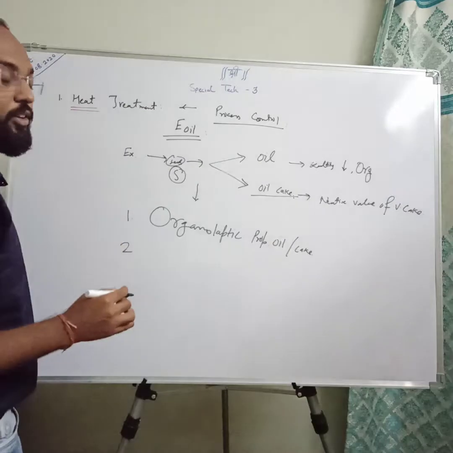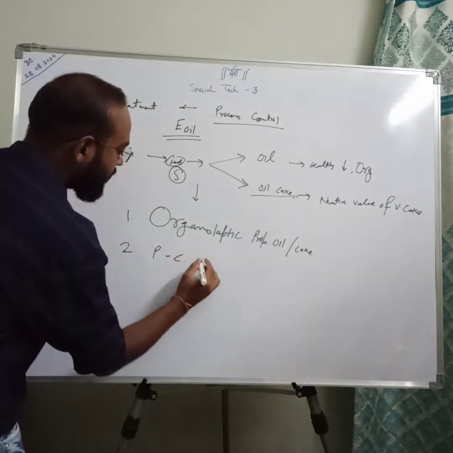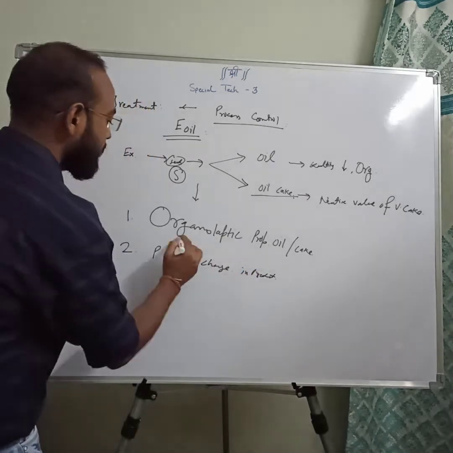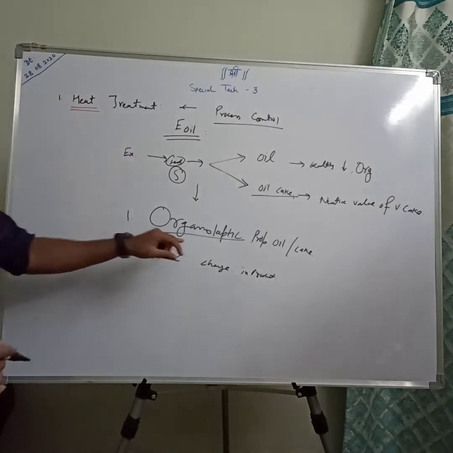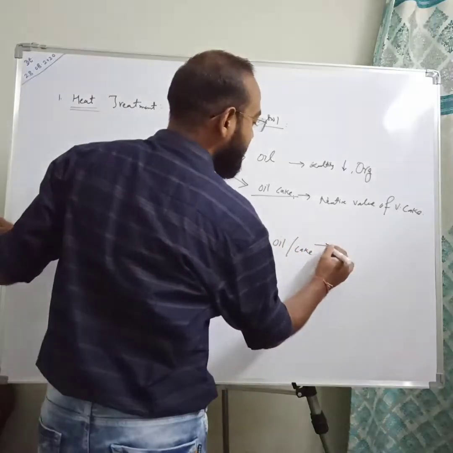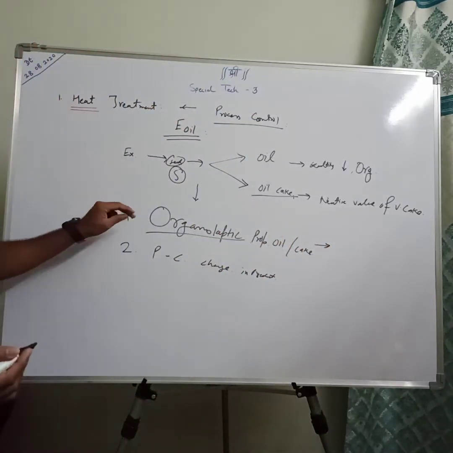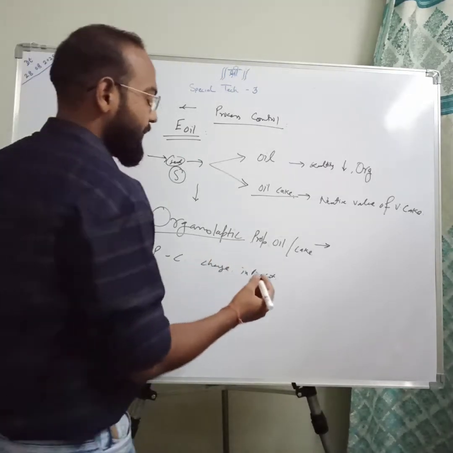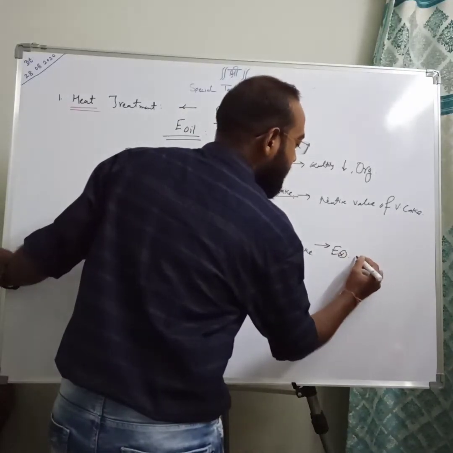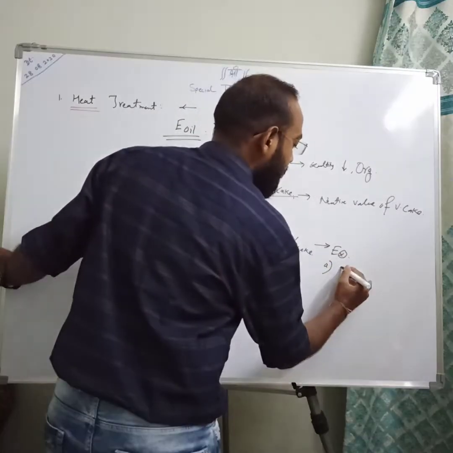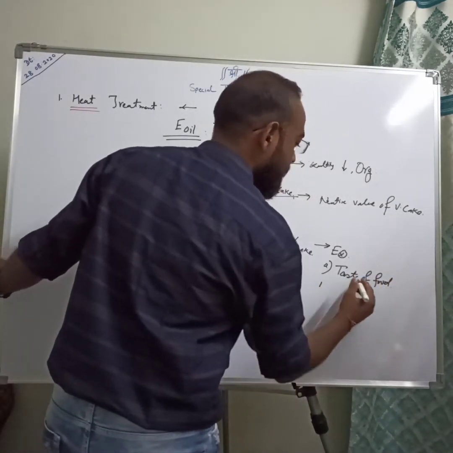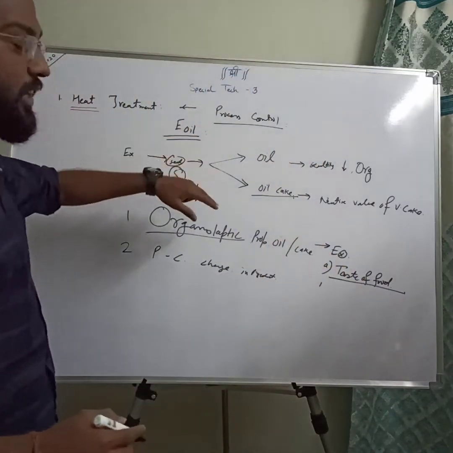Okay, side by side, there is a second disadvantage. If the heat treatment is not carried out in a proper way, there is a physiochemical change in our product. Before that, let us see what organoleptic property is, in short. Organoleptic properties are the properties which are defined in a simple manner, like the specific sensing power of every individual. Just take an example of the taste of food. This is the best example to correlate with our edible section.